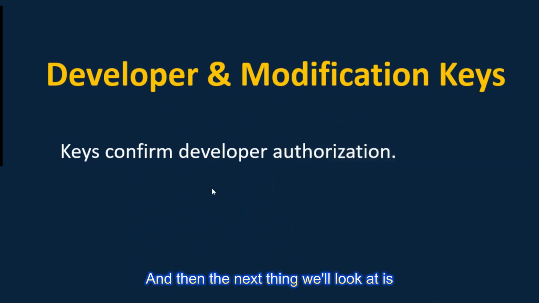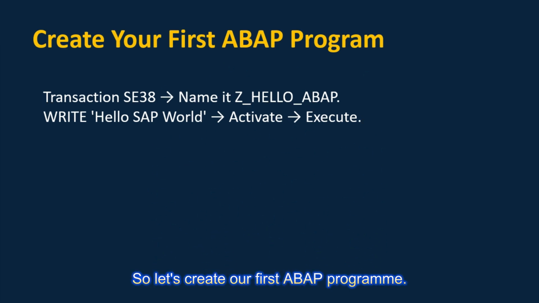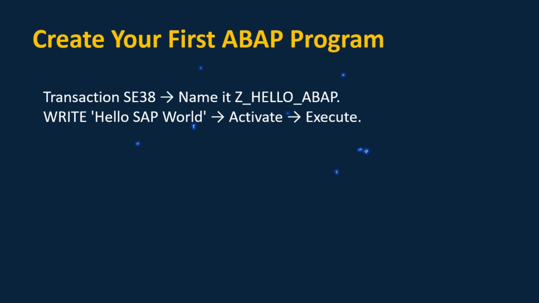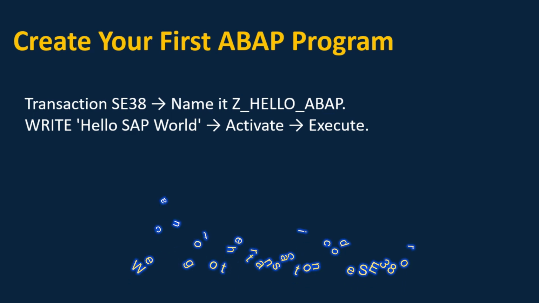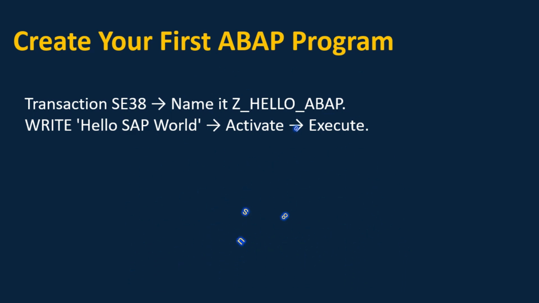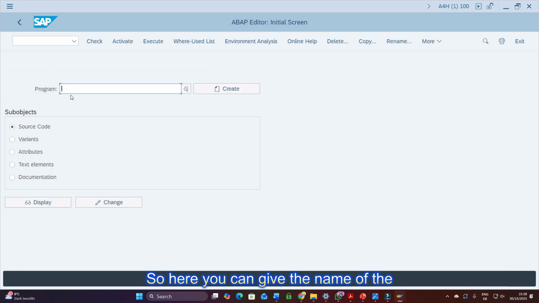And then the next thing we'll look at is how to create your first program. So let's create our first ABAP program. We can go to transaction code SE38 or use SE80. Let's see the first one, SE38. Here you give the name of the program and then click on create. Or if we go to